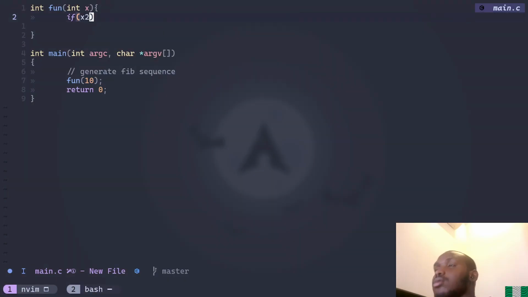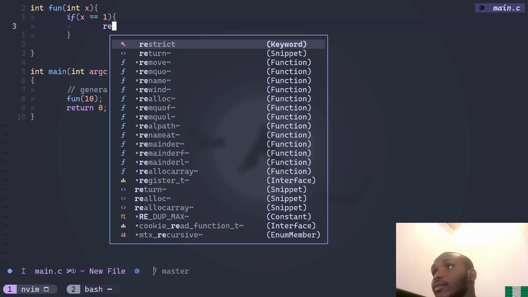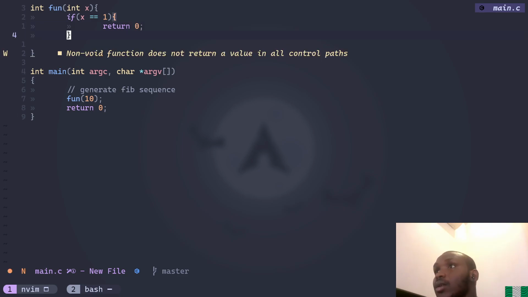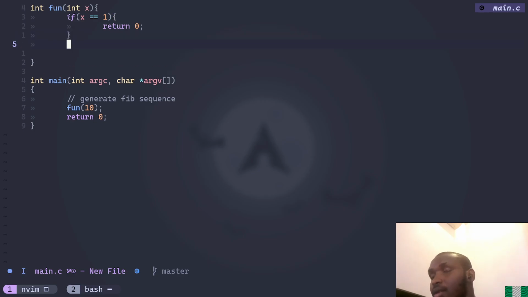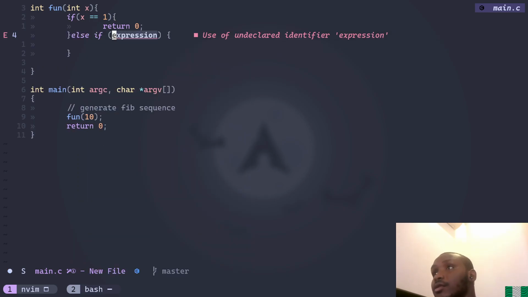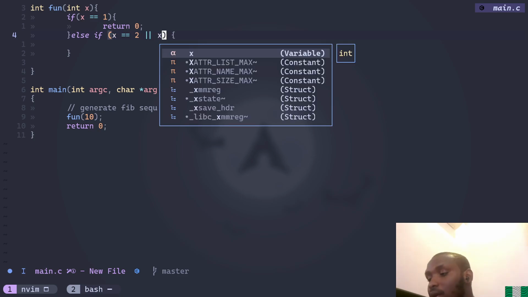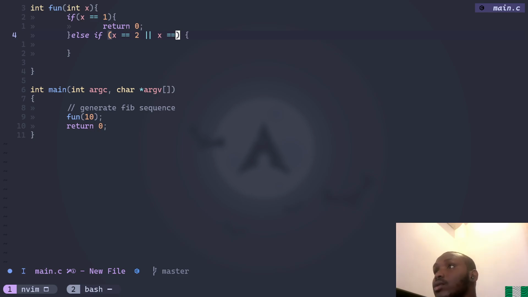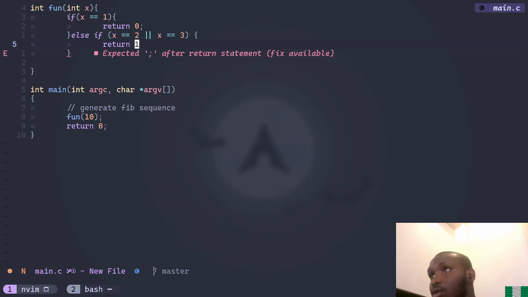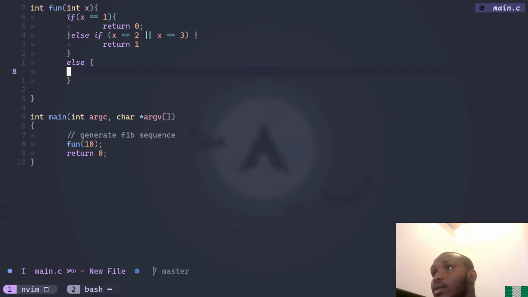So if X is equal to 1, return 0, else if X is equal to 2 or X is equal to 3, return 1, else